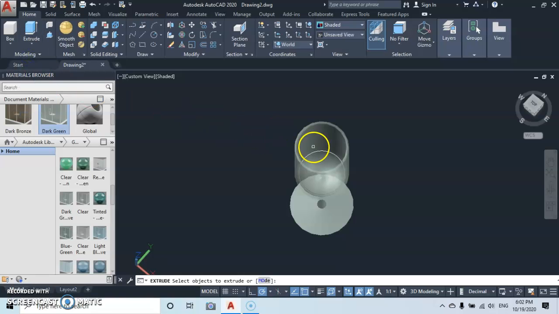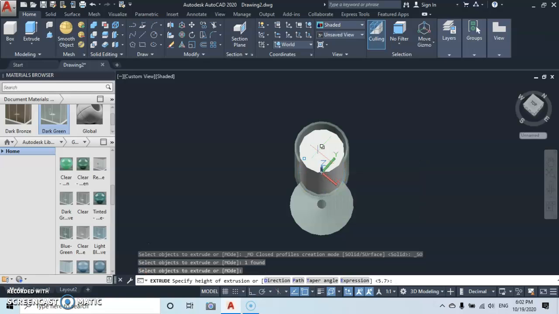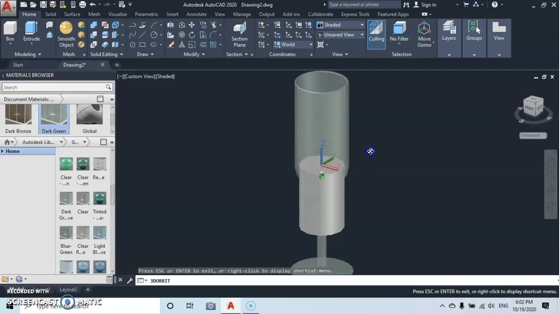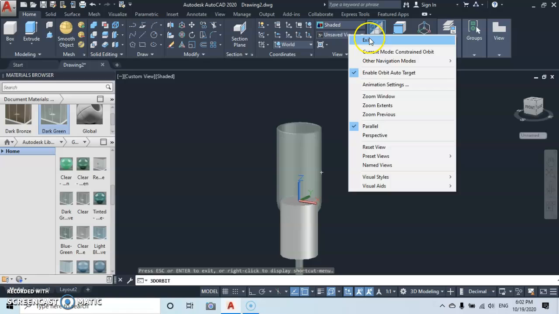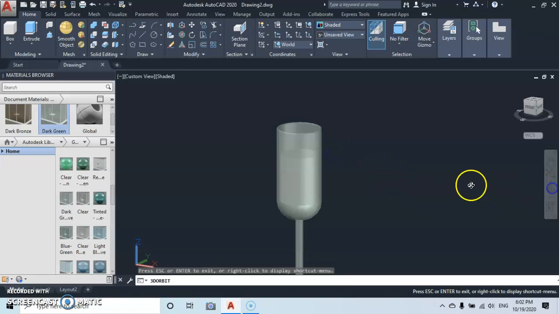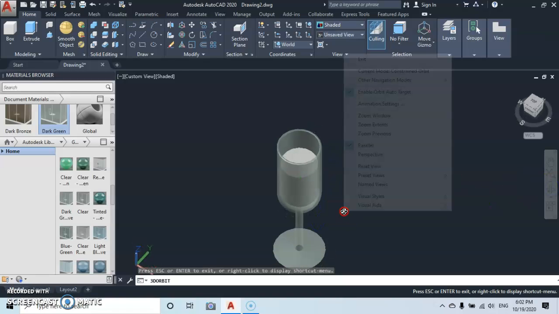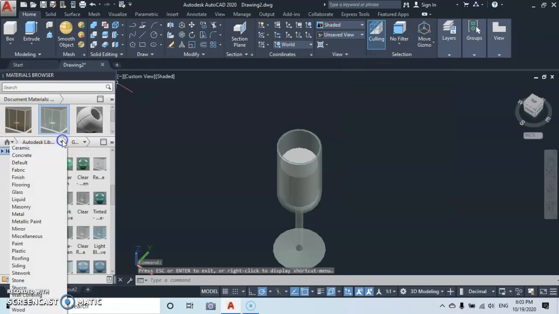Then we go to the extrude command. Let's select the circle to extrude. So at this point we are trying to produce the juice inside. Then let's click somewhere there. Then now let's try to orbit a bit. Then now let's go to take on